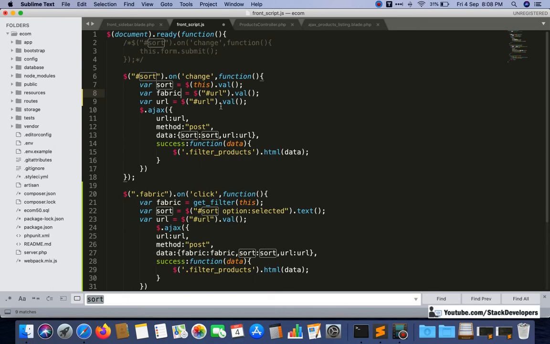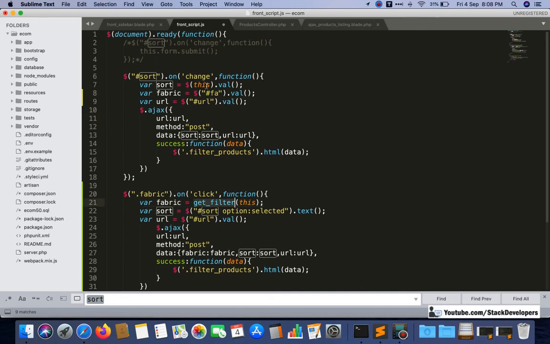So for the fabric filter we are going to pass fabric here, and here I am going to pass fabric.value. No, we are going to use the get filter option for fabric. So we just copy this one.